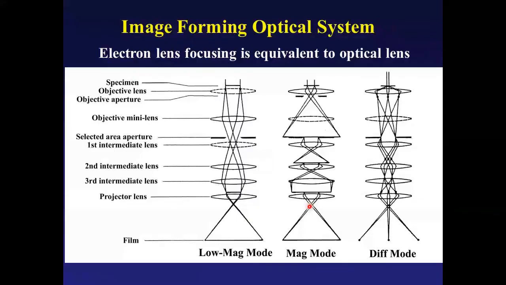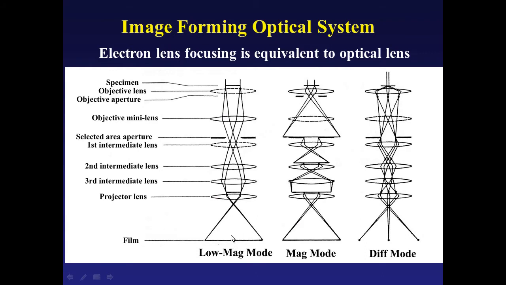But as a magnetic lens, the focal length can be changed by changing the lens magnetic flux excitation current. So we can easily change the focal length of the magnetic lens, and we can change the magnification very easily. Very low magnification is also possible with a long focal length. Sometimes the objective lens is turned off, and instead we can employ a long focal length objective mini lens. Finally, you can observe very low magnification, such as 10 times, 20 times, 50 times magnification,